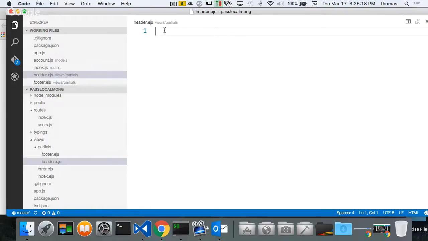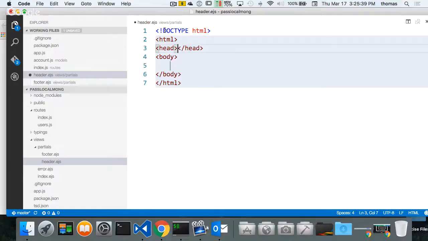And I'm just going to start typing my shorthand. So I'm going to do something like this. I'm going to say doctype, it's HTML. And underneath that, I'm going to have an HTML piece. Underneath that, I'm going to have a head and a body. And in my head, I'm going to have a title,